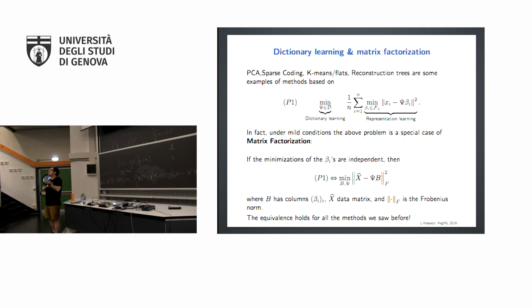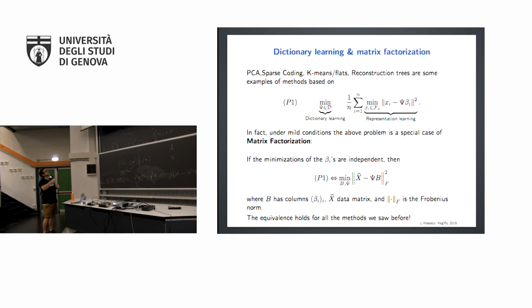So in this sense, dictionary learning is just a special case of matrix factorization. In the special case where you have a matrix factorization problem like this, where you optimize the matrix B, but independently over each column, okay? So if you want, dictionary learning, the way I phrase it here, is just a special case of